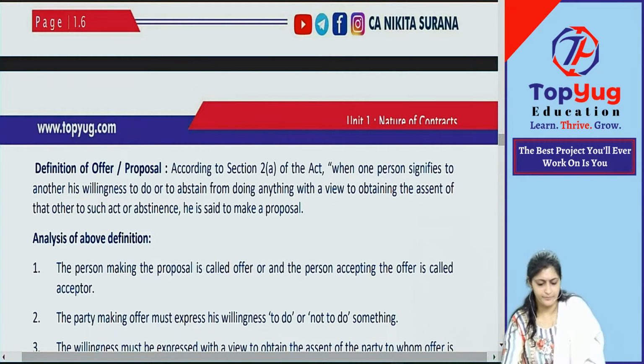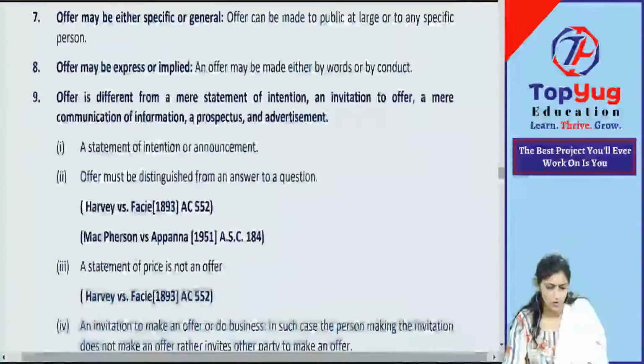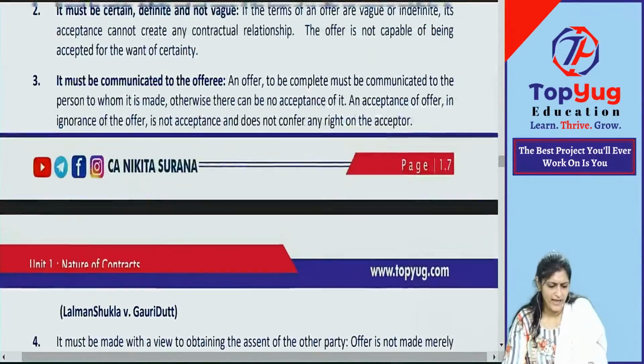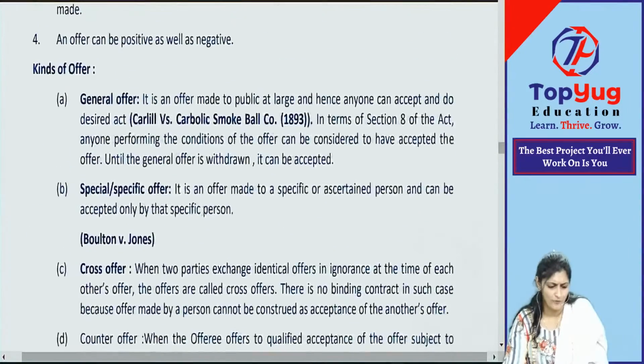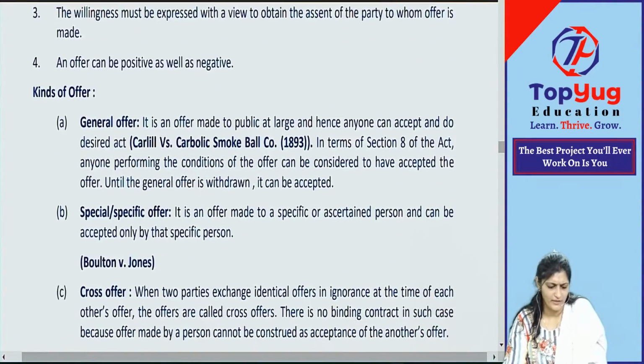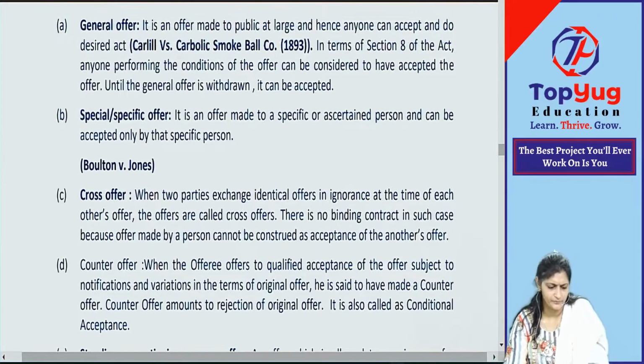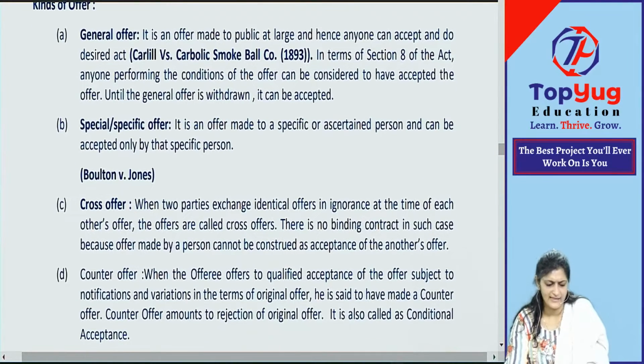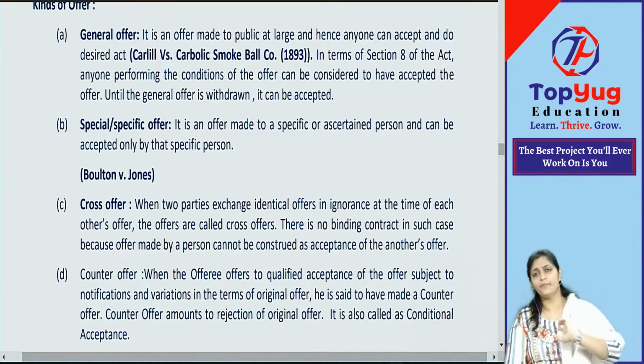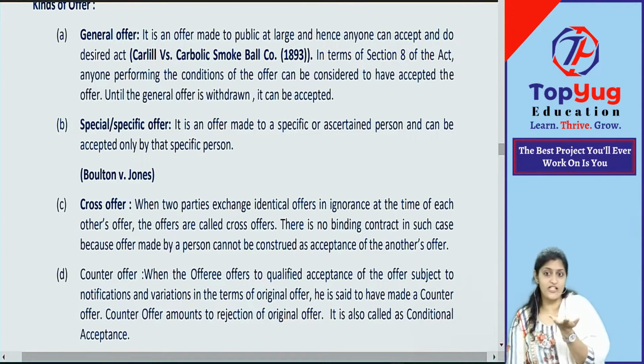Then we started with a new topic, that was offer. Yes or no? In offer, we have started with types of offer. Which types of offer did we discuss? Tell me fast. General offer and specific or special offer. Now you tell me, how do you differentiate offer? When it comes to offer, it is made in what way? How is an offer made? If you see, how many types of offers are there for that?